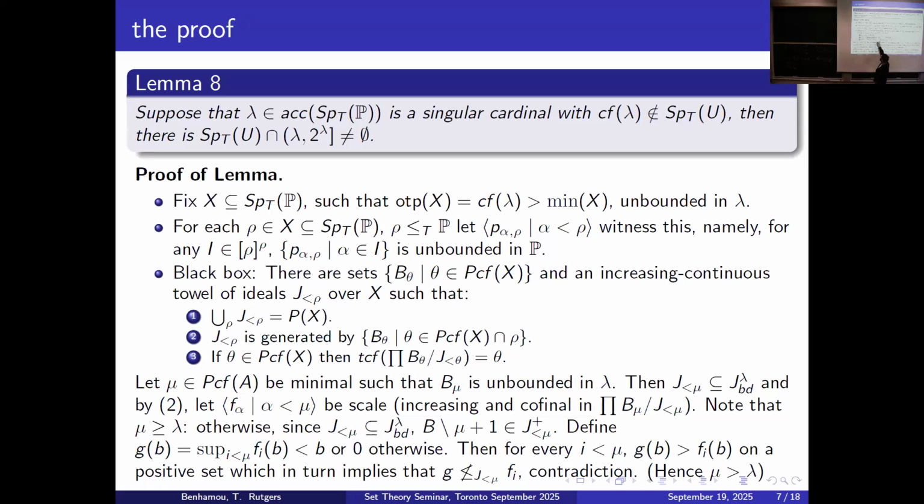So by 3, we can fix a scale. The scale, again, it's increasing and cofinal in that product, modulo the ideal. And we know that mu has to be at least lambda. Otherwise, if mu is less than lambda, then